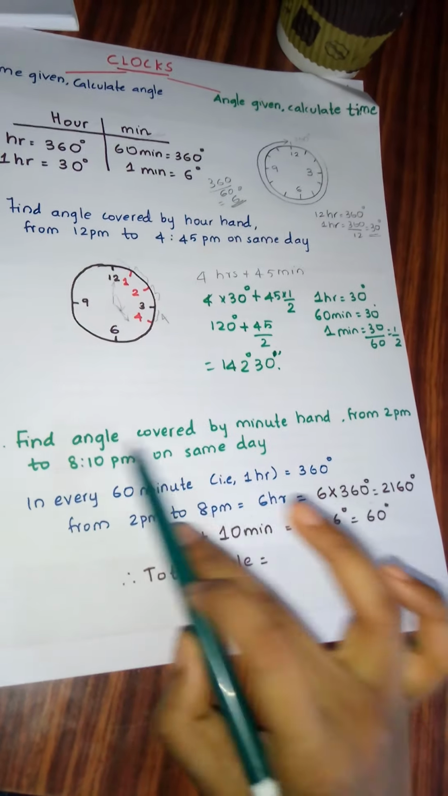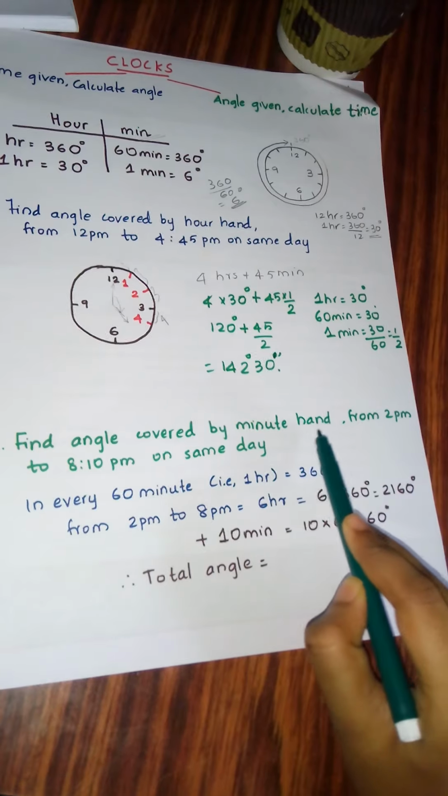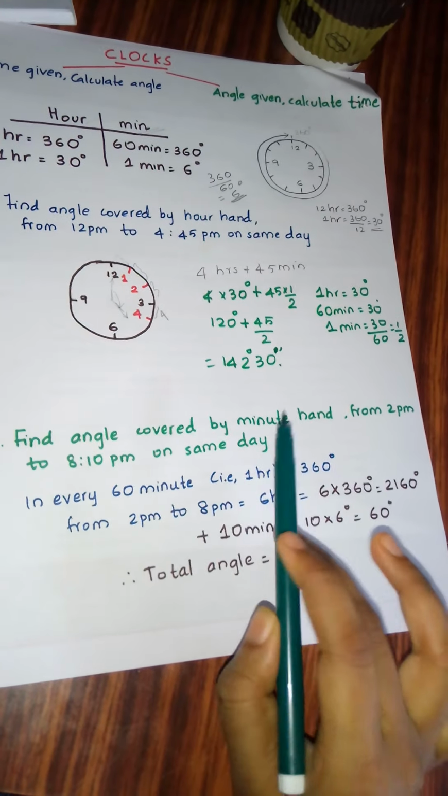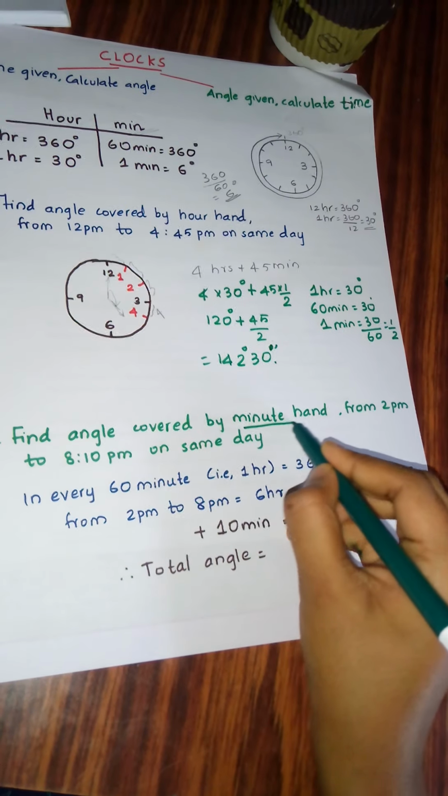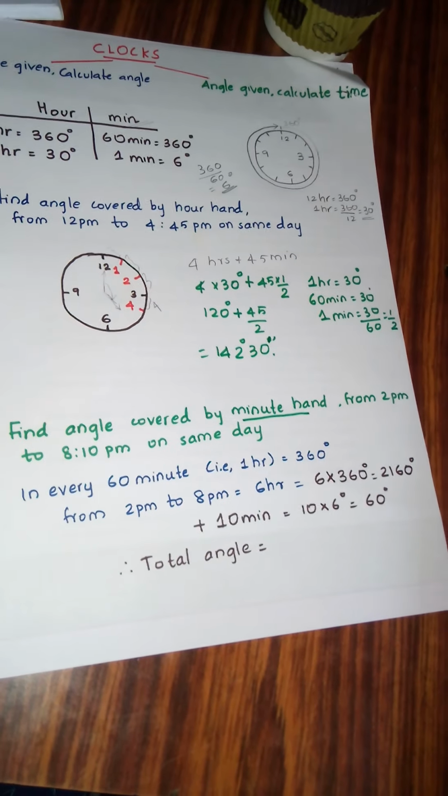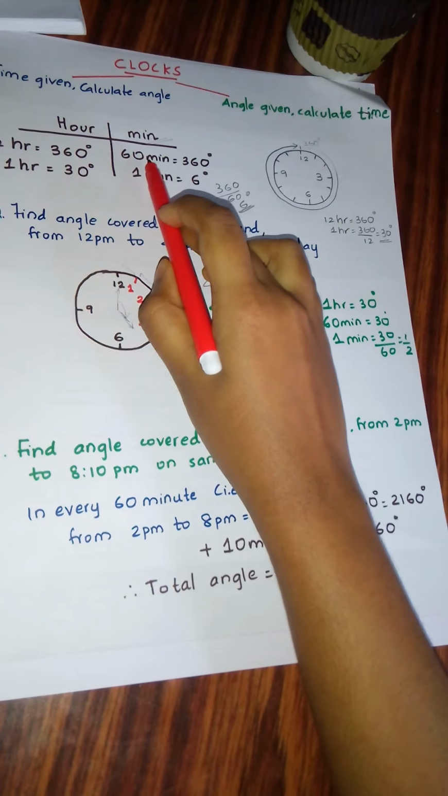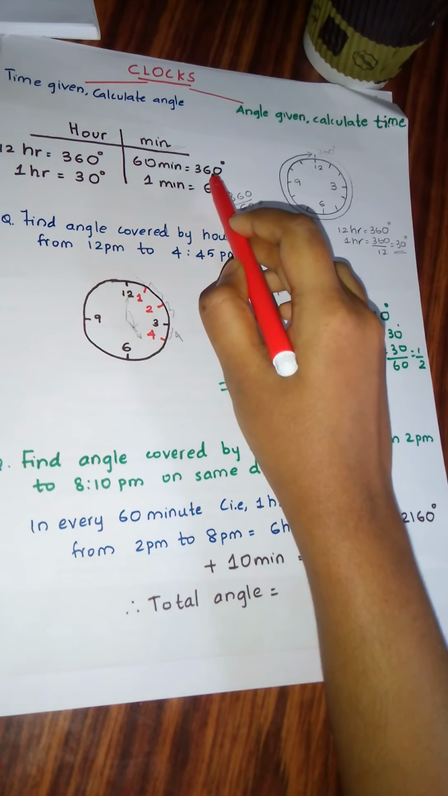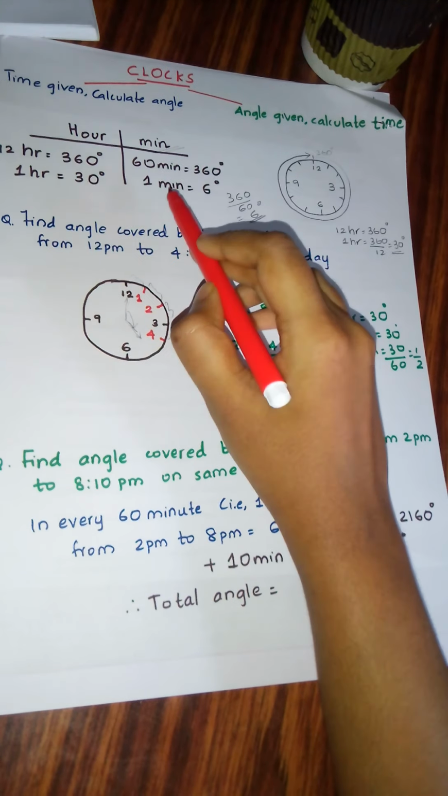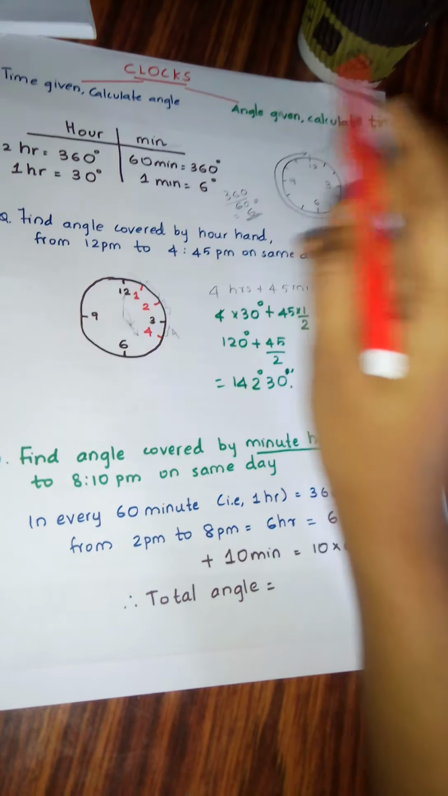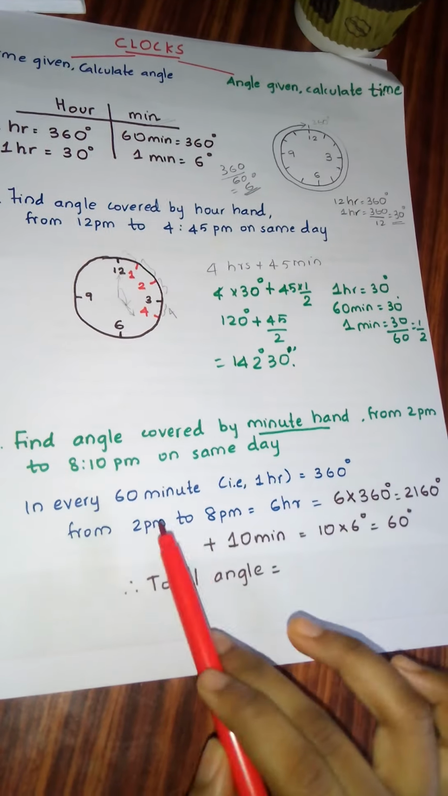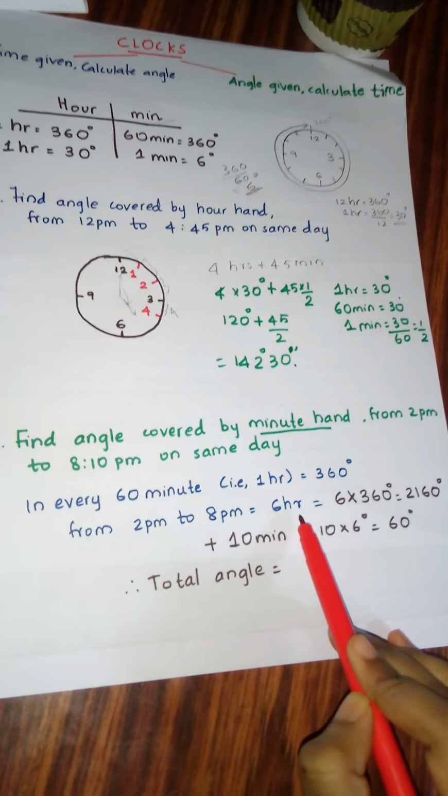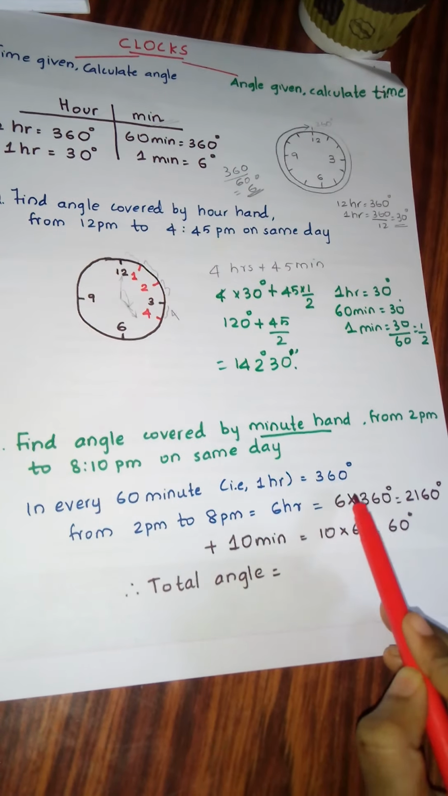The second question is to find the angle covered by the minute hand from 2 pm to 8:10 pm on the same day. Notice it is the minute hand. When it comes to minute hand, we know that when 60 minutes is completed, the angle swept is equal to 360 degree. And in 1 minute, it is equal to 6 degree. So from 2 pm to 8 pm, we are completing 6 hours. So it is equal to 6 in